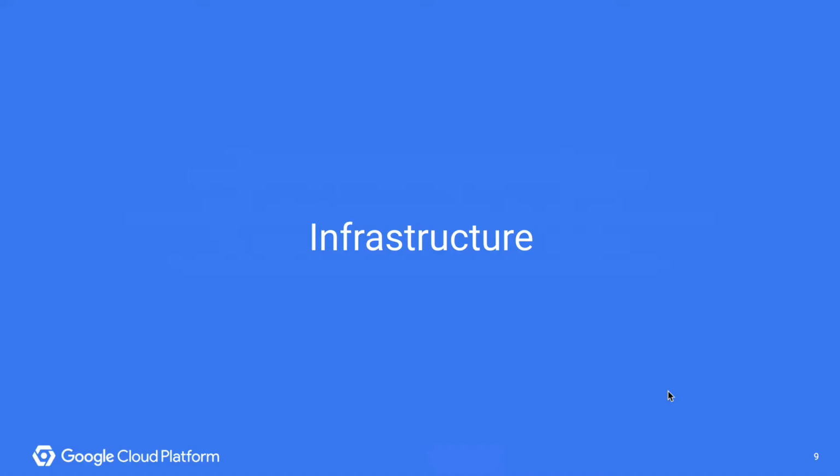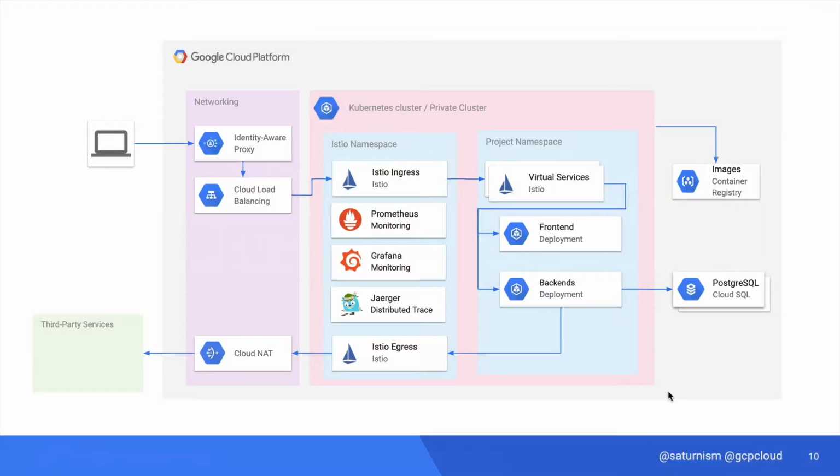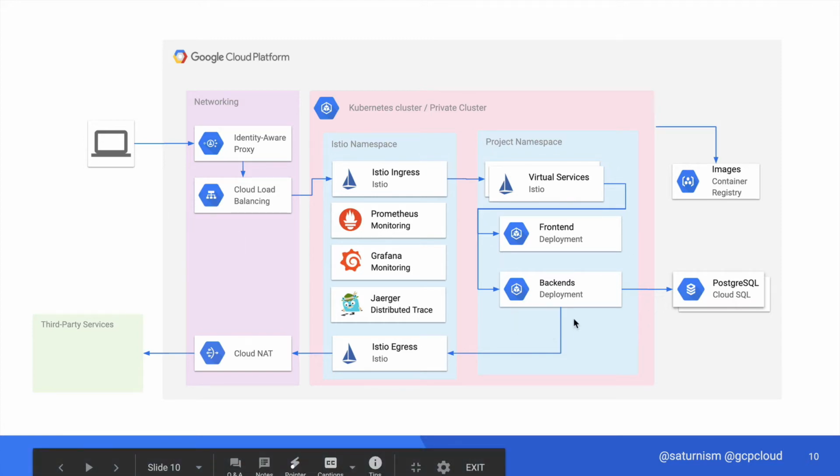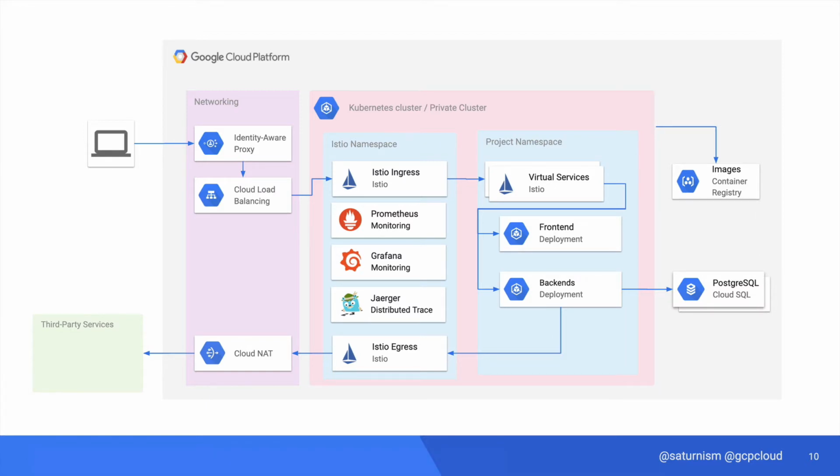This is the high-level view of what we implemented. The entire application is composed of a set of microservices. All the services are containerized and deployed into a private Kubernetes cluster that only has internal IPs. For service-to-service communication, we adopted Istio, the service mesh, that can help us not only to route traffic, but it can also add resiliency to our services by transparently configuring retry rules and circuit breaker rules. Most importantly, it can establish secure mutual TLS connections between our services. In the front, we have a cloud HTTP load balancer that can route traffic from the public endpoint into our cluster and through Istio to our backends.